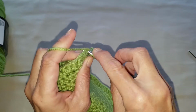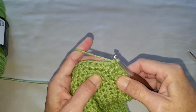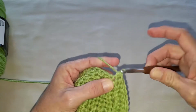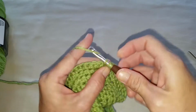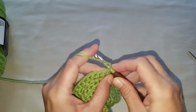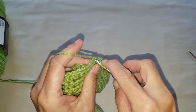So from here we are going to be making 4 rounds, including the one that I'm working on now. We're going to be making 4 rounds of half double crochets, 1 in each stitch. So if you want to go ahead and pause your video and finish off this round, and then 3 more rounds of this same exact pattern, and then we'll meet at the end